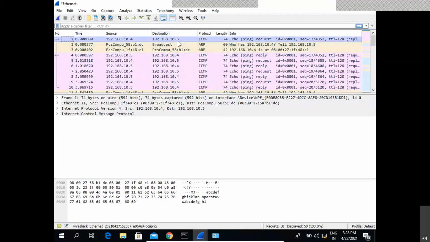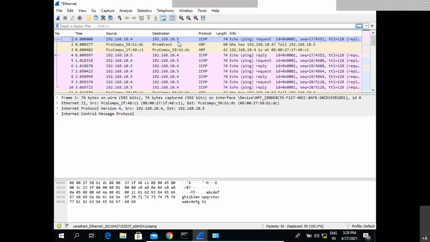So our source is the IP address 192.168.10.4 and the destination IP address is 192.168.10.5. The communication started from source 10.4 to 10.5. By seeing this itself, we can easily understand this sort of communication. That is where the first section is used.